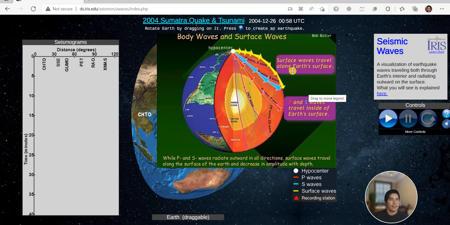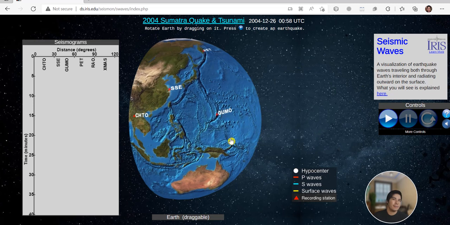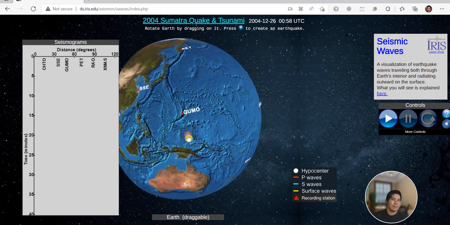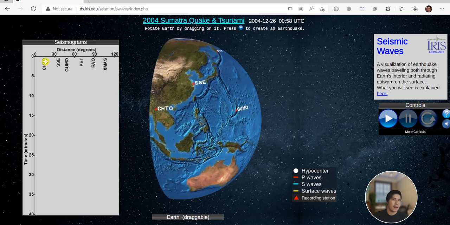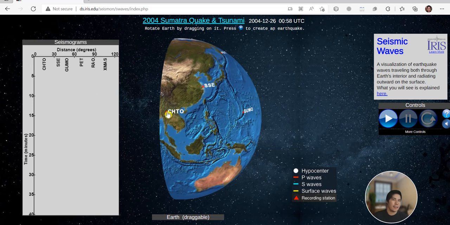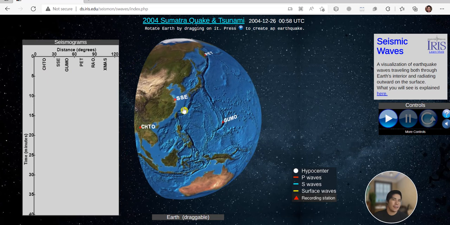We have the surface wave that travels along the earth's surface, and the P and S wave, these are the body waves. No? And visualization of earthquake waves traveling both through Earth's interior and radiating outwards on the surface. Shown here. So we have this Earth, pwede natin siyang i-rotate. So meron siya ditong different site, no? Yung station natin, CHTO, we have this another station, SSA. So sila yung magre-receive ng